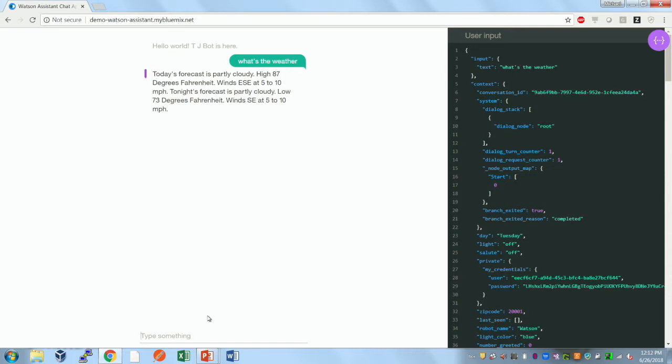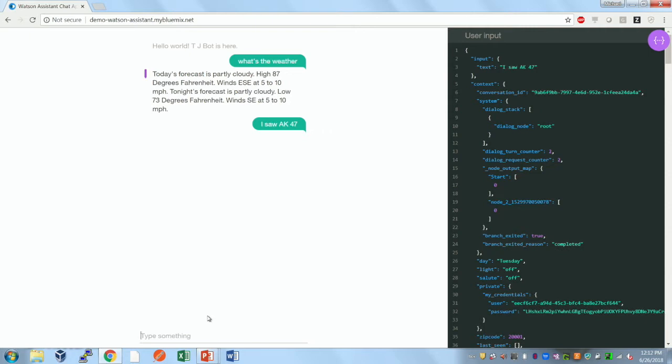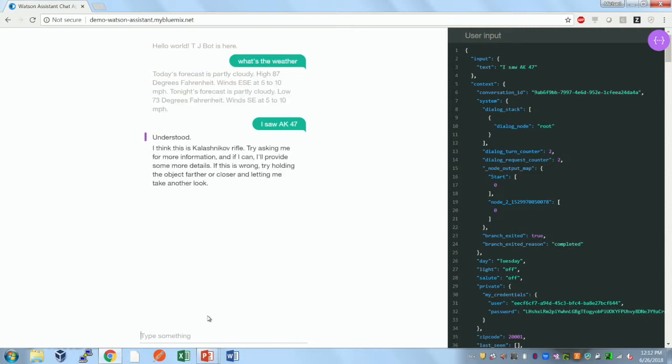In our case here, I can simulate that by telling the system that I just saw a particular weapon. So I'm going to tell it that I saw an AK-47. So imagine here, the system's taking a picture. Imagine it's a camera on a helmet. It's a camera from a smartphone. It's analyzing social media, open source intelligence. The system recognizes this particular image as containing this particular weapon. Now, right away, I get some immediate context. But let's say I don't know a lot about it, and the system informs me,